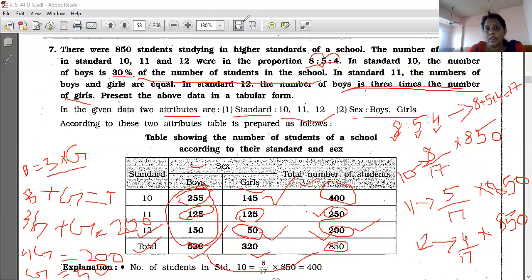Okay, now this is the solution of your seventh sum. Now we'll go for the next sum. So the next sum is